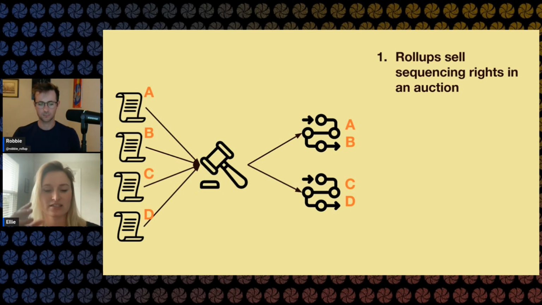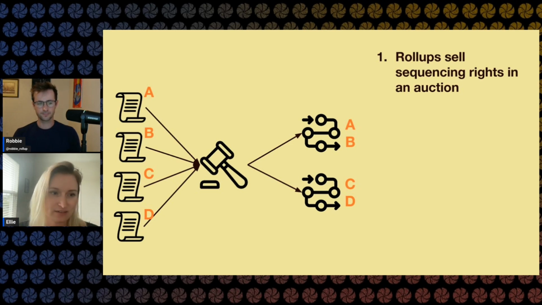And the key part here is that the sequencers can bid for multiple rollups at the same time. So, for example, in this case, one sequencer bids for rollups A and B because they think they can get a lot of benefit from sequencing those together. Maybe there's a lot of interop or cross-chain messaging between those two. And then the other sequencer bids for C and D. So this is just one example, but in this case, the Espresso marketplace will find the most optimal solution to